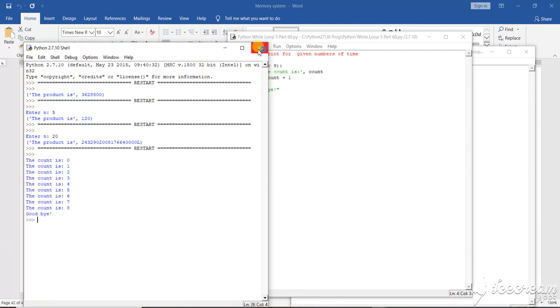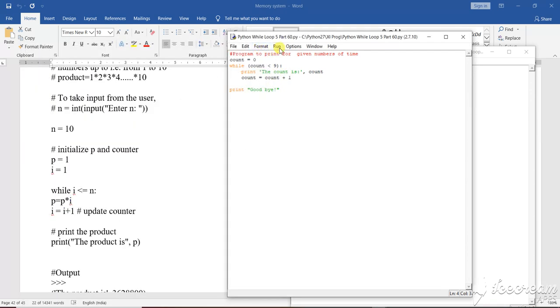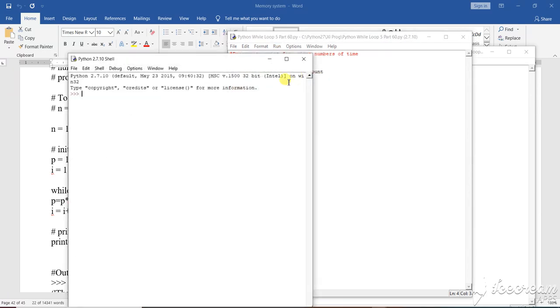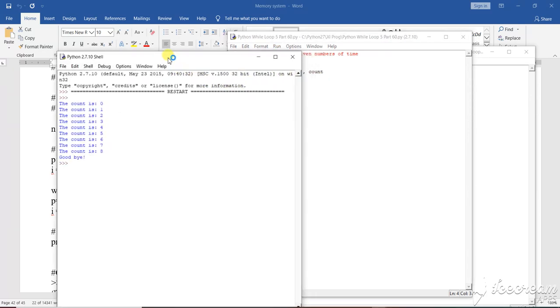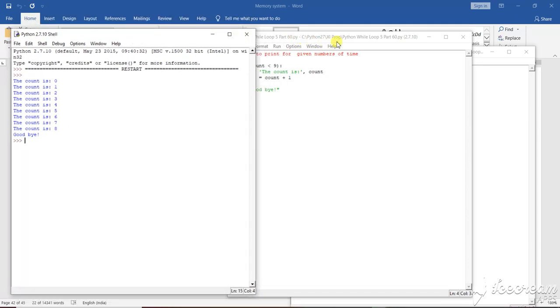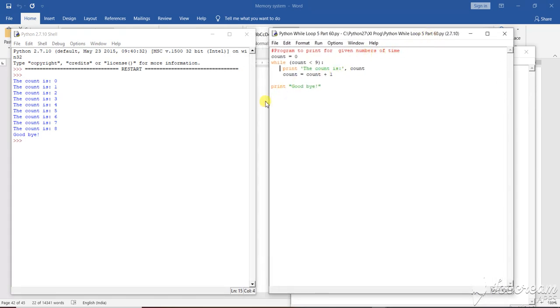See here, let us run it in a fresh way so that you can see the output properly. Yeah, see the output now. See what the output is. In this particular structure you can find that the count equals 0. As the count is 0, we find that the value of count is going to